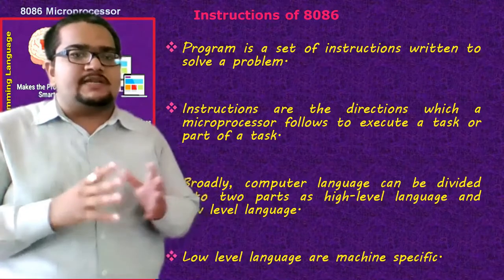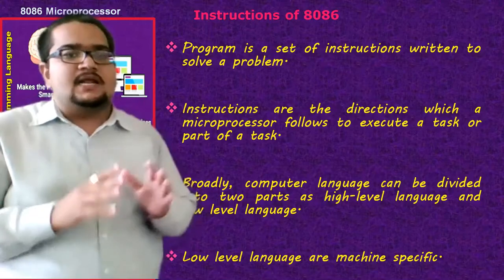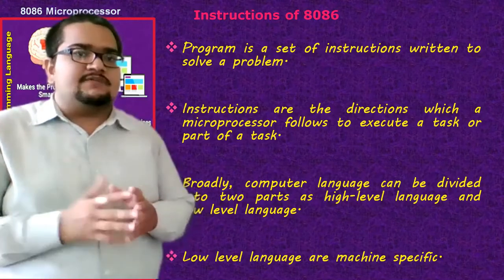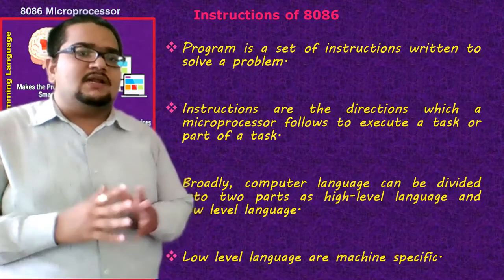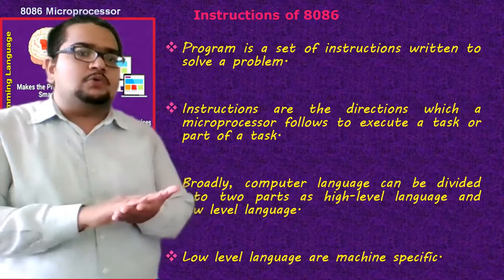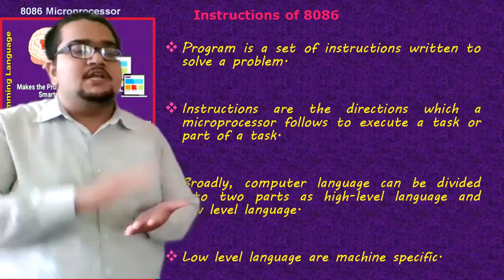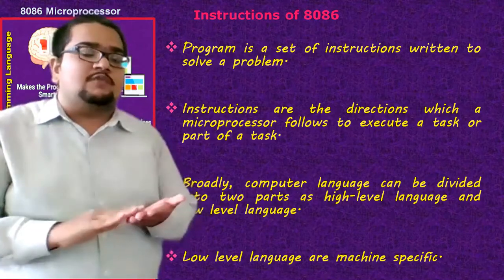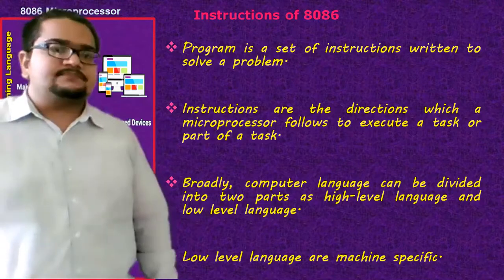Whereas in C or any other higher language, they are not processor specific; they are general in nature. Any code you write there, you just require a cross compiler: on whichever device you want to run it, you use that cross compiler and it translates to that particular hardware. But assembly languages are very down to the machine, very close to the processor hardware and architecture. That is why we can very efficiently utilize the hardware for our purpose. Those are the important points.